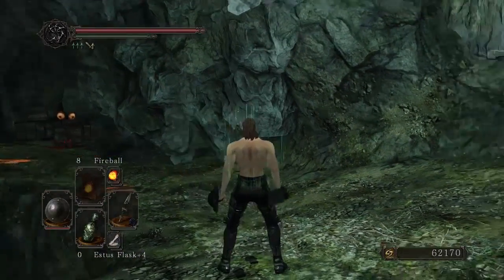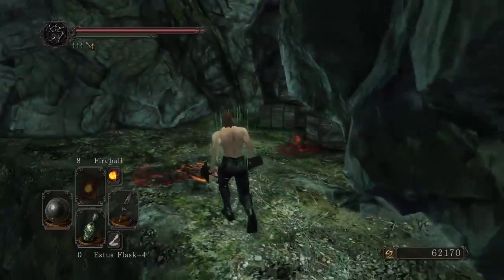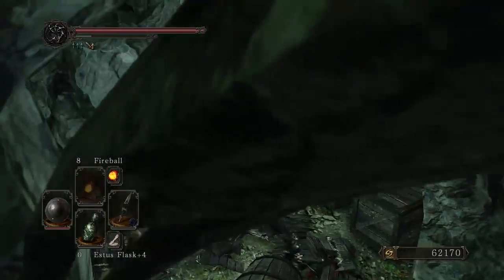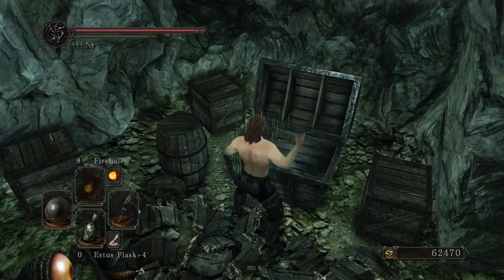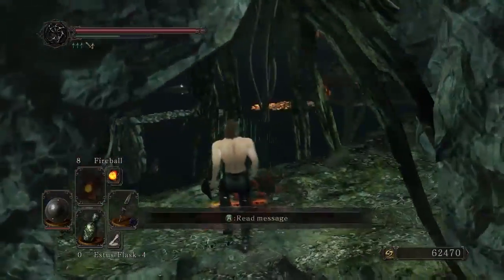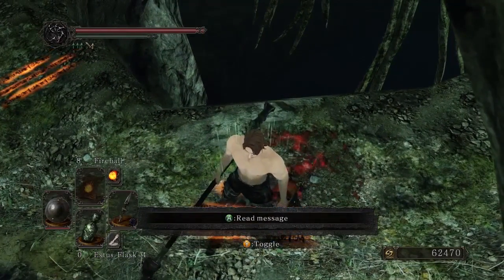Ooh. You're not very well hidden now, are you? Chest ahead, therefore hurrah for prudence. And enemy ahead, try jump attack. Or I could just poke the shit out of him. Skeptic Spice and Wilted Dusk Herb. The Wilted Dusk Herb is for replenishing spell usages. Enemy ahead, try jump. Oh, no, that's the...